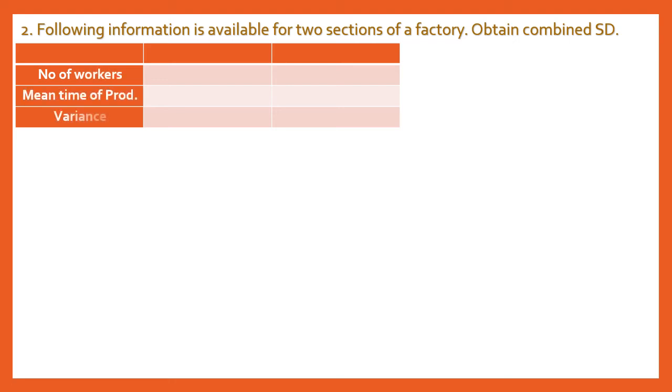in minutes, variance. Okay, now in the previous question, standard deviation was given, which is just S. Here variance is given, which is S square. That means the square is already made. We don't need to square it again. So in the place of S1 square and S2 square, we will directly put these values. We will not square them because in the question itself they were squared. Section A, section B. Number of workers 10, 40, mean time of production 25 minutes, 20 minutes, variance 16, 25.